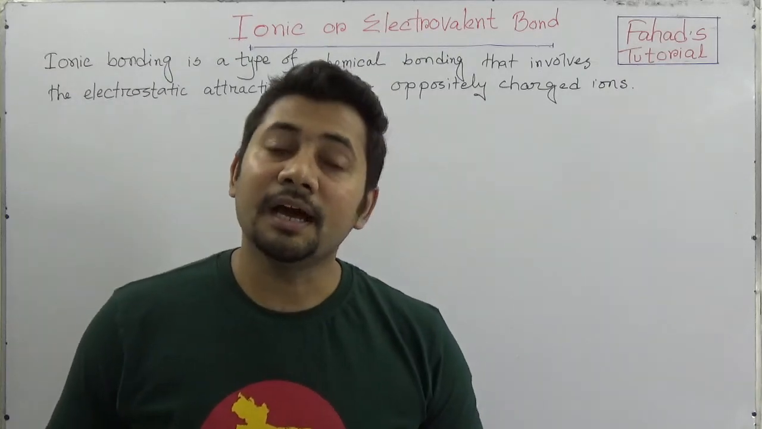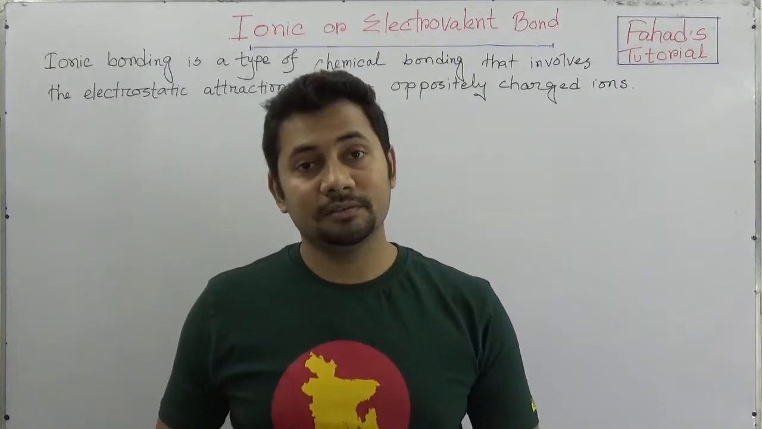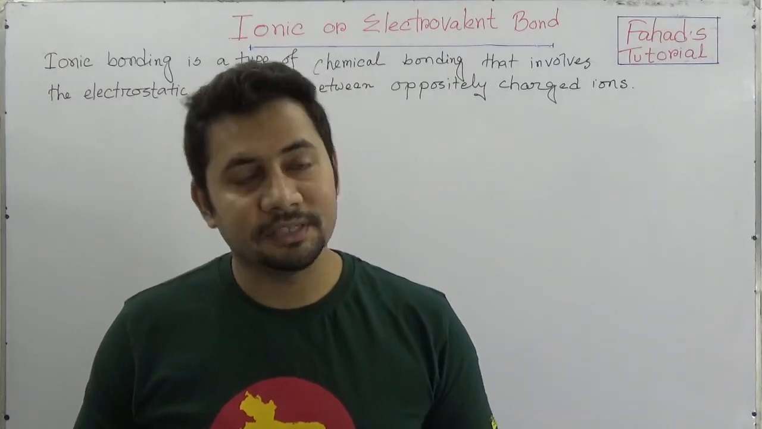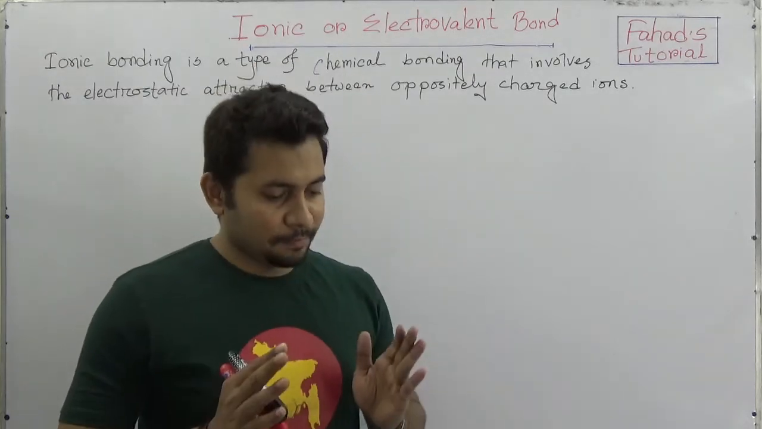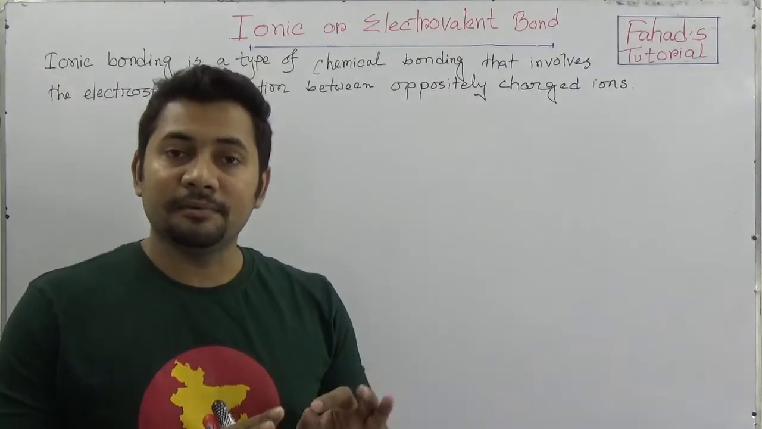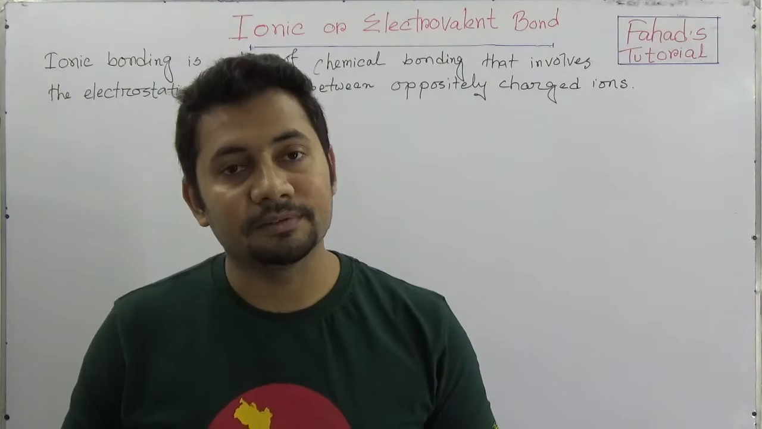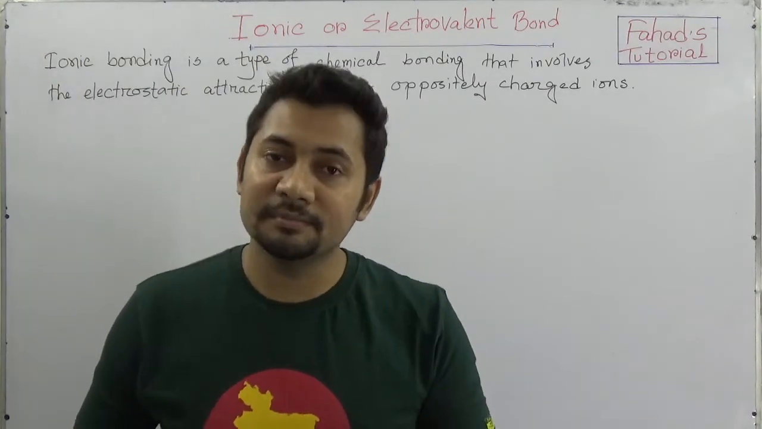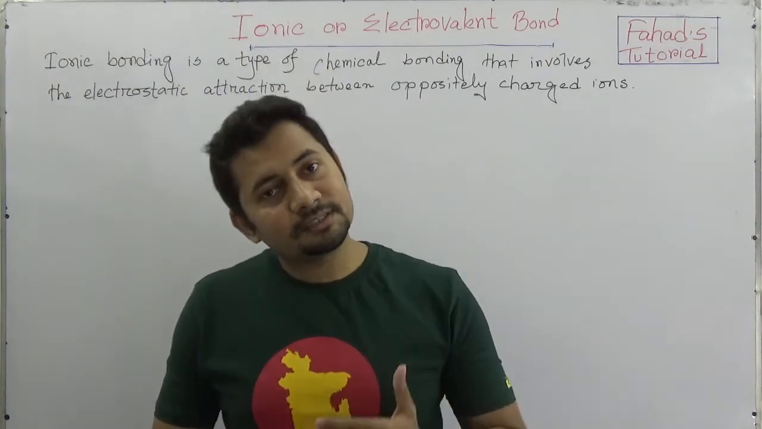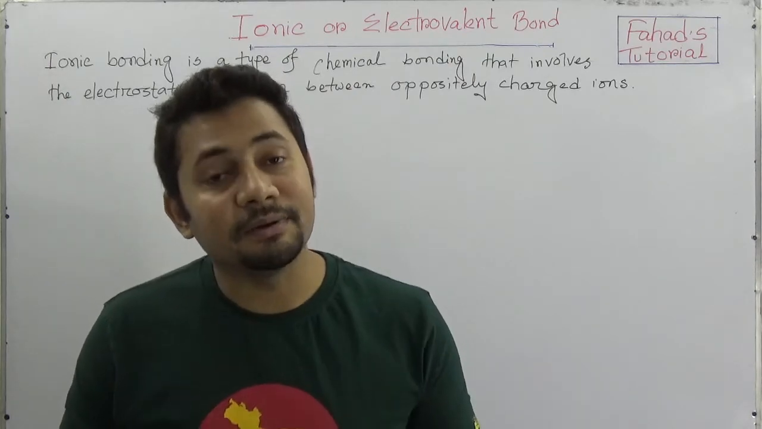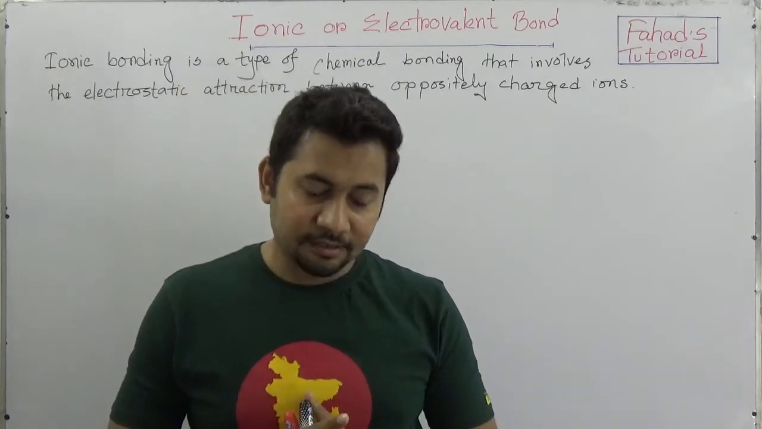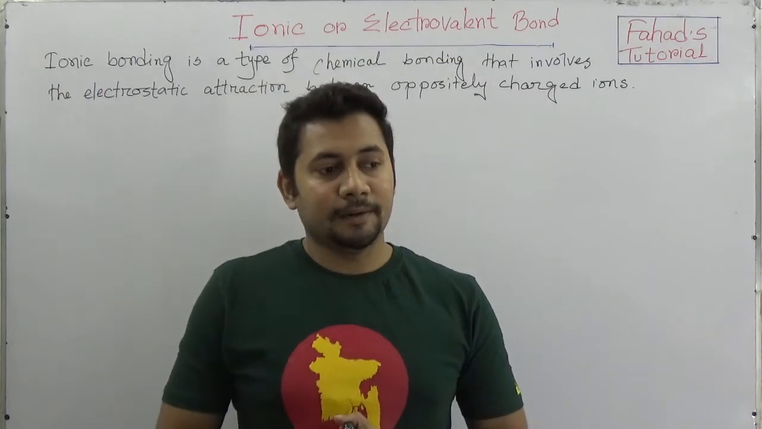Let's talk about ionic compounds, ionic bonds or electrovalent bonds, and electrovalent compounds. This is the main type of chemical bond. Among them there are three types of chemical bonds: ionic bonds, covalent bonds and metallic bonds. In this video I shall be discussing only ionic bonds, and before explaining it, one thing